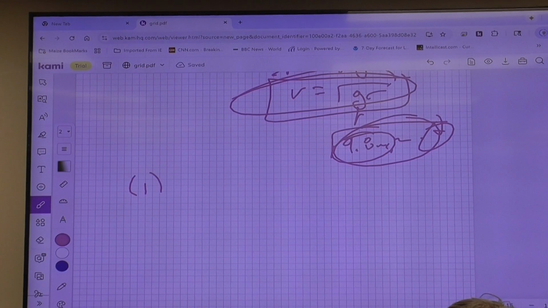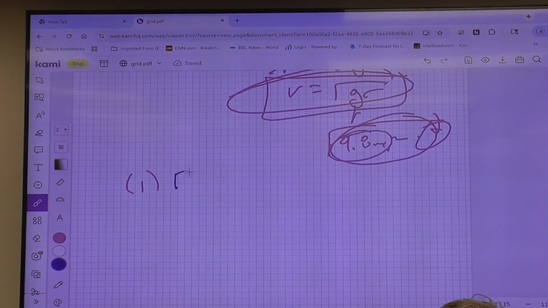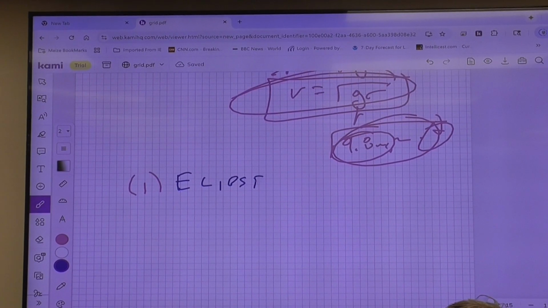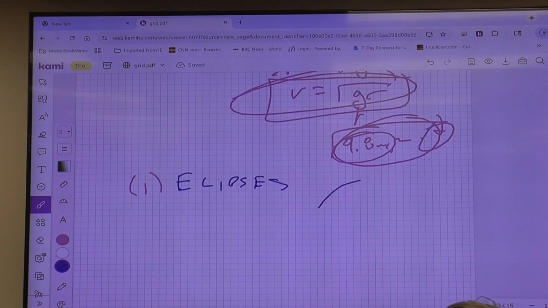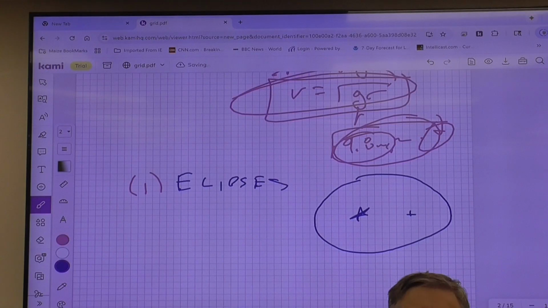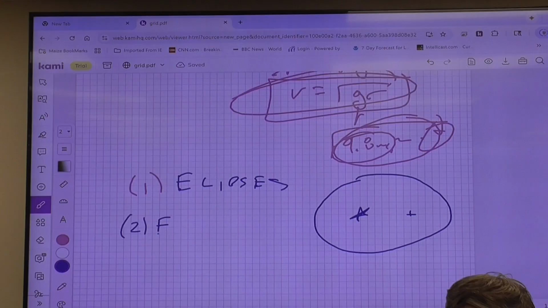So the first law is the law of ellipses, okay? So that means here's this orbit. The sun is at one foci, the other one is some point out in space, okay? First law. Second one is the law of equal areas